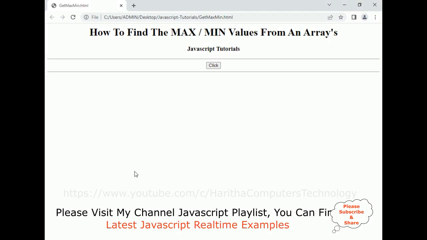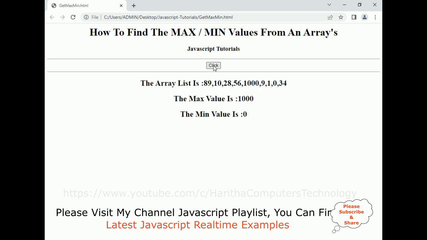Here we got the final output of our application. When I click the button control, notice here we got the array of list we have given. These are the random numbers we have given. From these numbers, I want to find the maximum number here, 1000, and the minimum number is 0, using